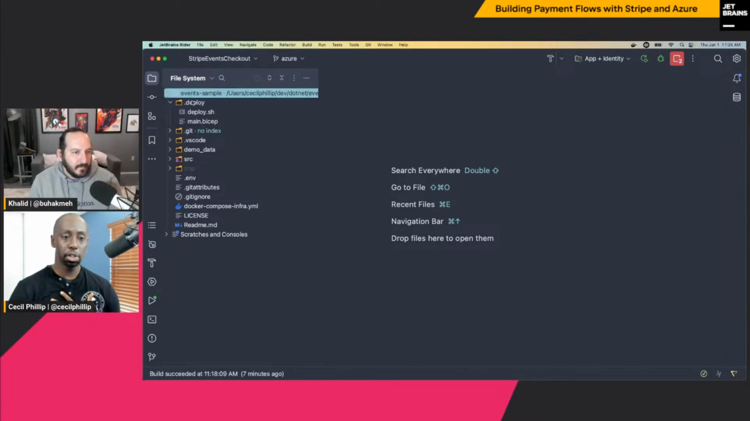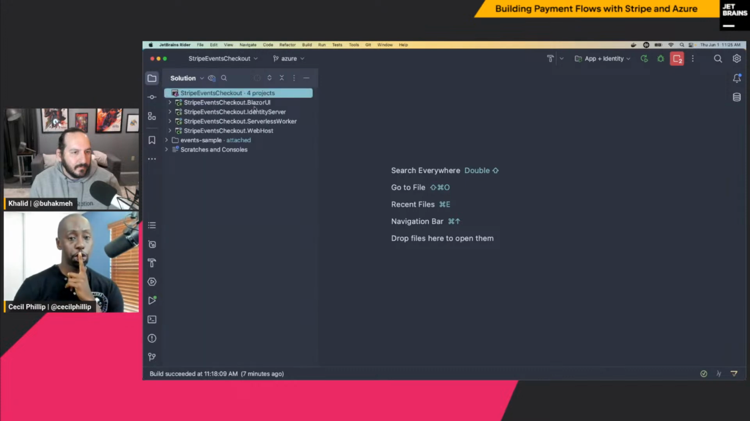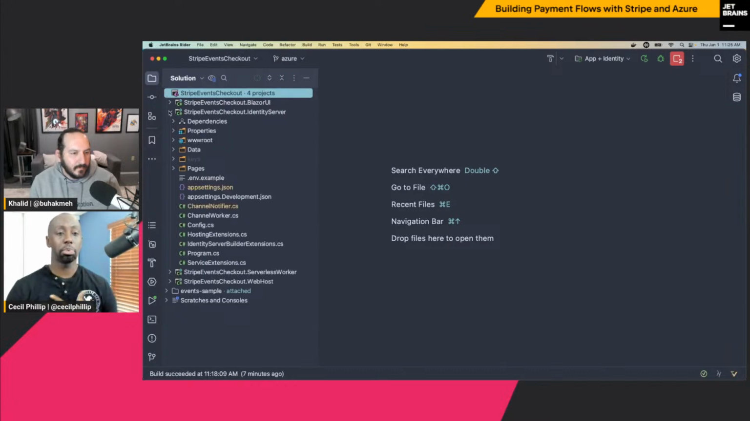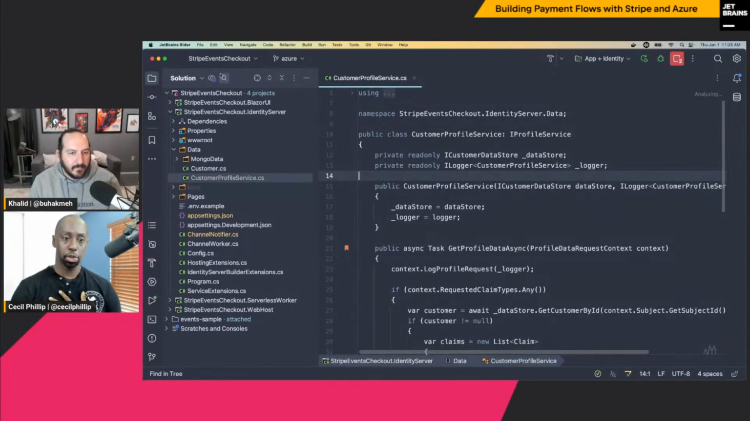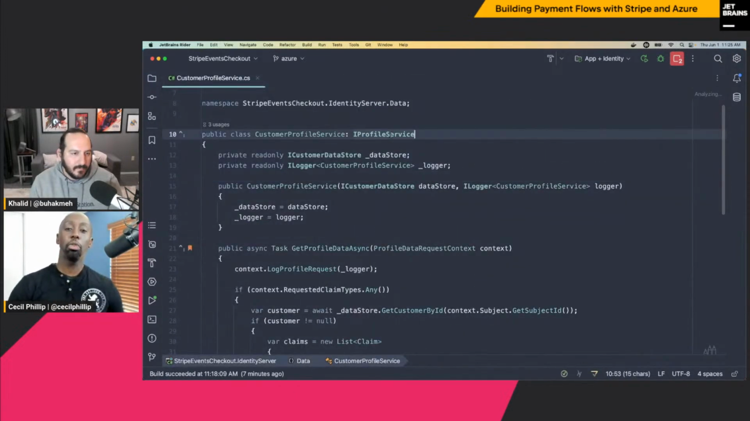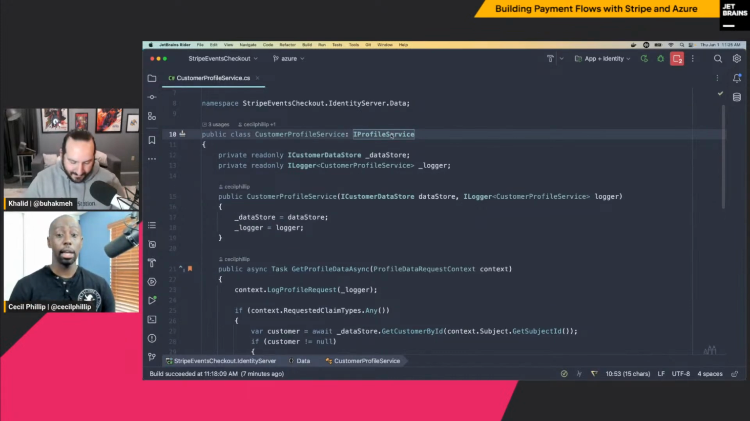I'm going to head over to the Solution Explorer. The first thing I want to show you is the identity server bits that I think are pretty interesting. If you create a default identity server template, this one is using what I think is called the in-memory template, and you can install their templates using the .NET install command line. What I've created in here is a customer profile service. It's a thing you can register inside of identity server, and it